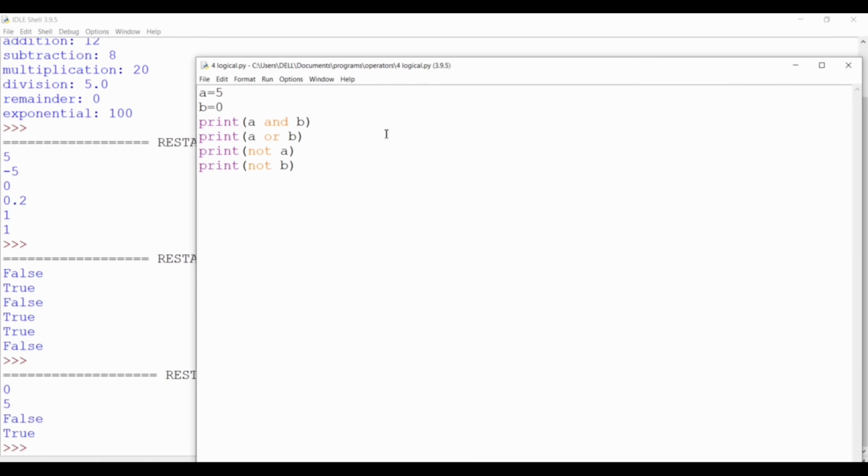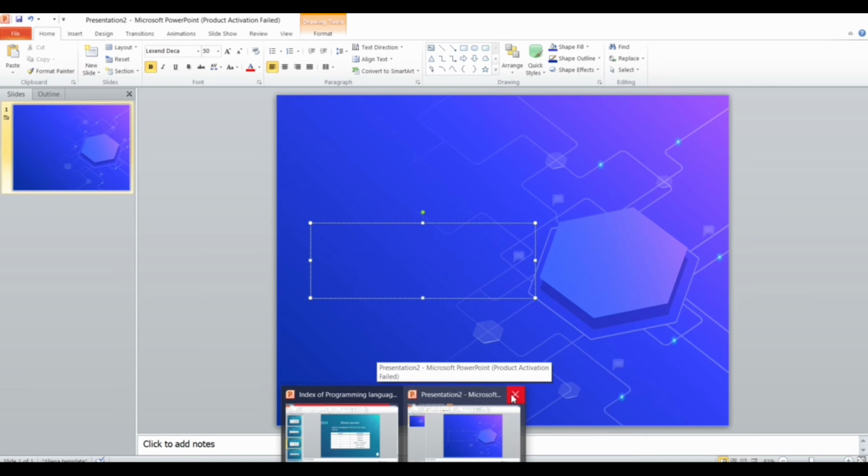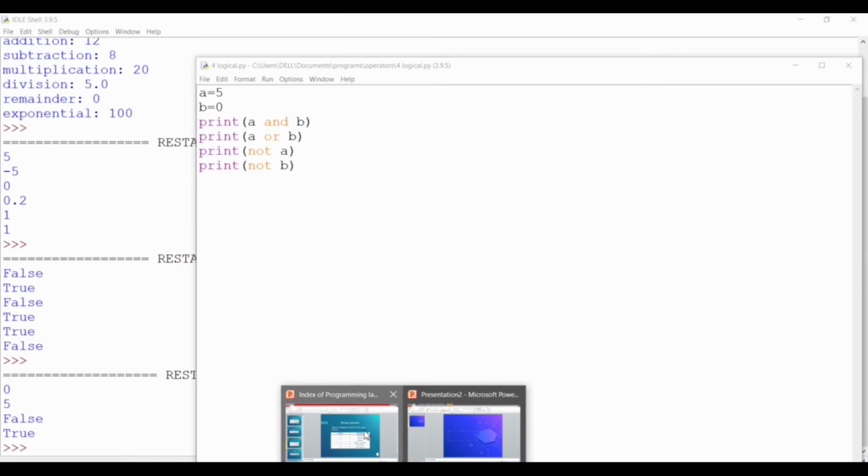For these operators, not a means, if a is 0, it comes as true. If a is not 0, it comes as false. As the program runs, the output comes in the following representations.